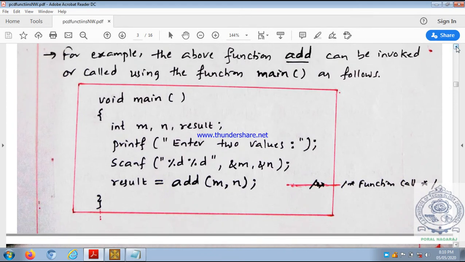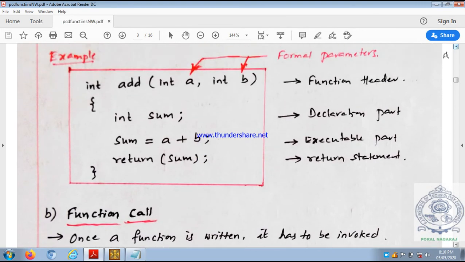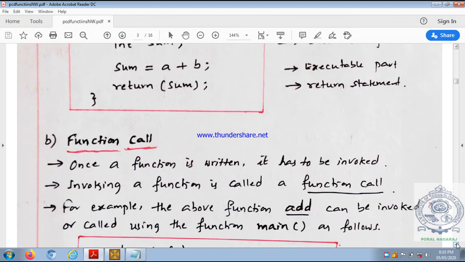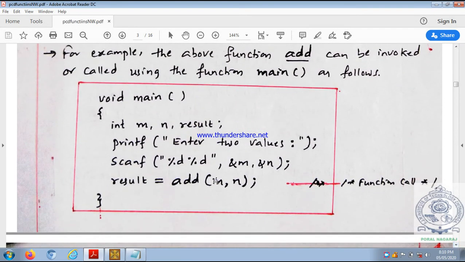Then in the called function, which variables or parameters are used? a and b. So a and b are formal parameters, whereas m and n are called actual parameters. We read values of m and n as 10 and 20 here, so 10 and 20 are the actual values of m and n. That's why m and n are called actual parameters.